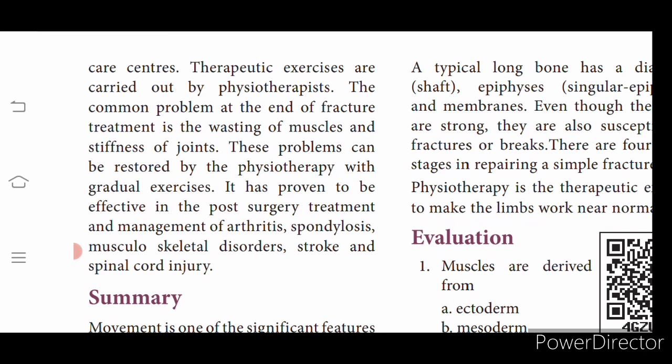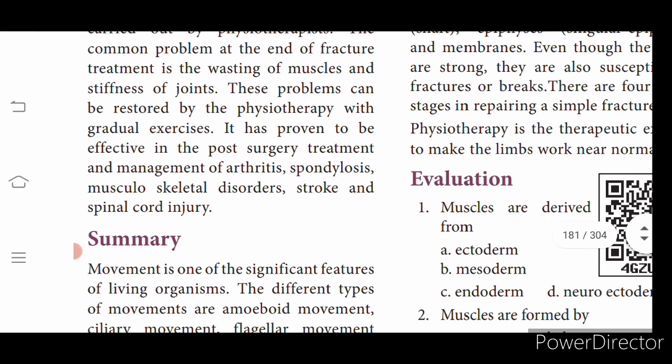So far in this lesson we have learned in detail about muscular disorders. We have learned in detail about the skeletal system and skeletal system disorders. Okay, so your homework is to make a flow chart for the types of disorders for muscle and types of disorders for bone. We shall continue with the next chapter in the next class.